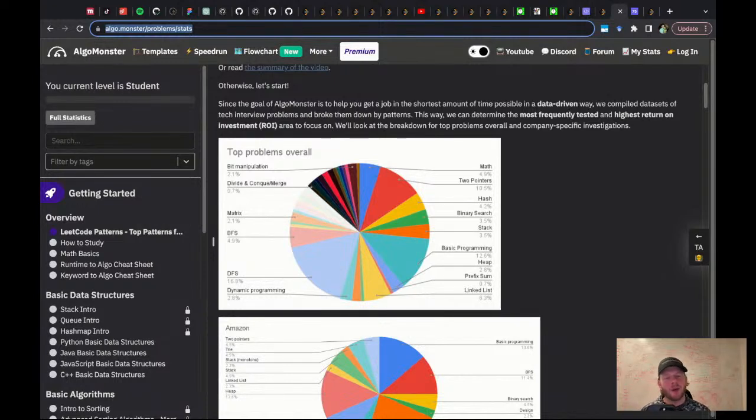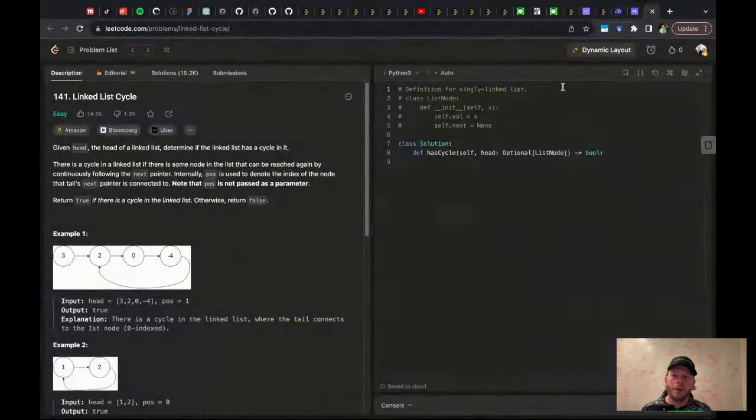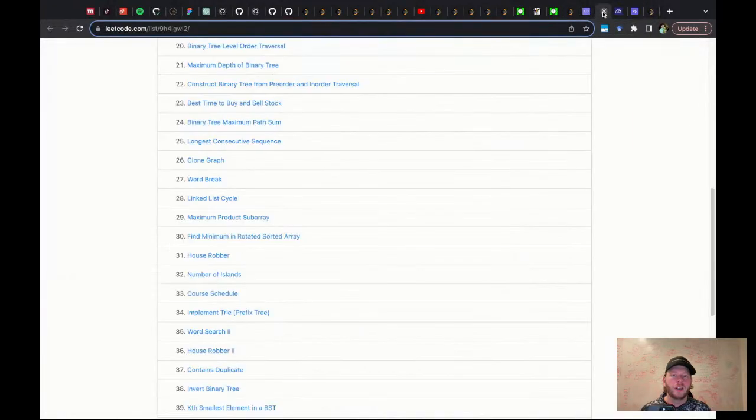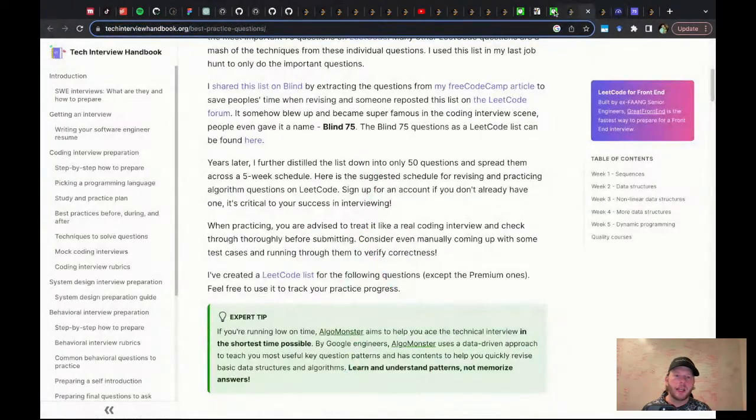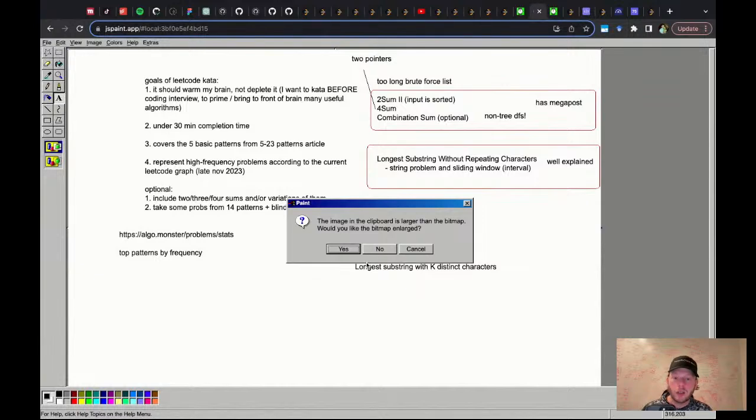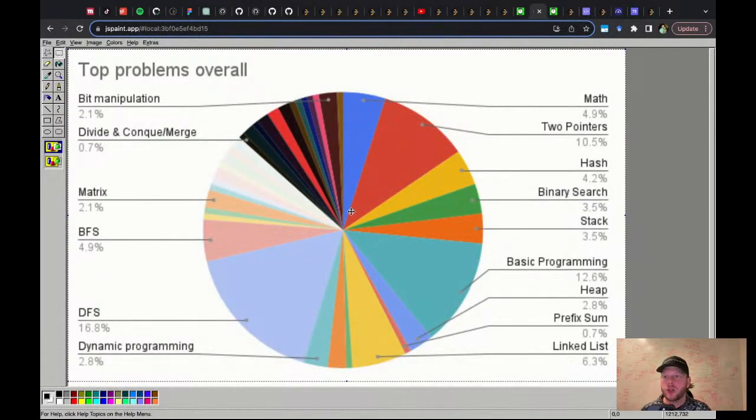Binary, actually, okay, maybe I'm a liar. Maybe if it's under 3%, I don't care. Because I do care about binary search and stacks and queues, right? So DP and heap, yeah, I don't care about heap. Especially if I'm interviewing in Python. If you're interviewing in Java or C or something where you care about memory allocation, I get it. But dude, if you ask me a heap question, I'm just going to assume that you don't want me to work with you.